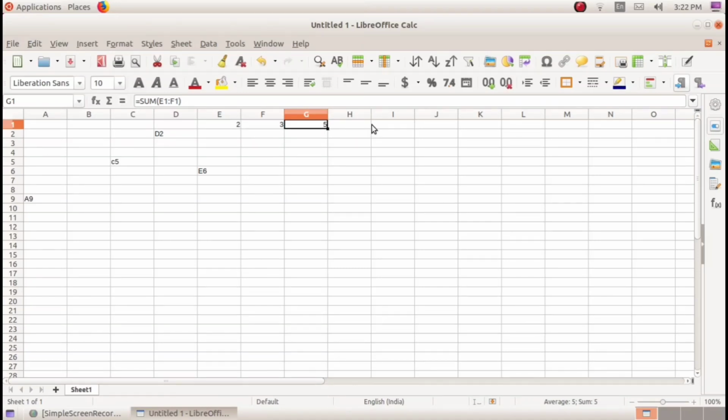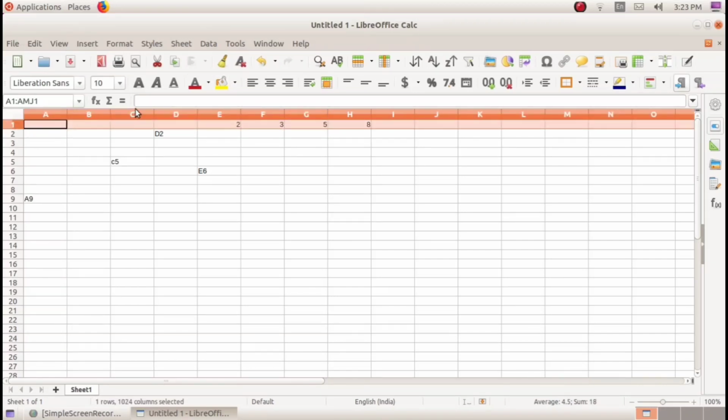And another is the equal to tool. That is, equal to is used to add formulas. Suppose we want to add two numbers, first of all we put an equal to symbol in this, and after that we click these two cell addresses. Equal to, that is, click on the value of 2, the cell address will display there, and then next cell, after typing the plus symbol to add the two numbers, the cell address will display there, then press enter key to get the result, 8 will display there. Like this way we can use the equal to symbol.